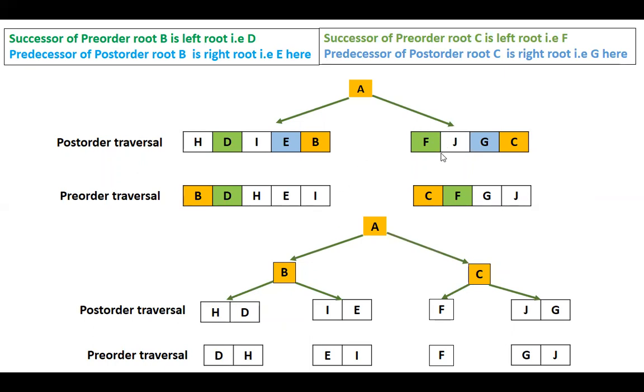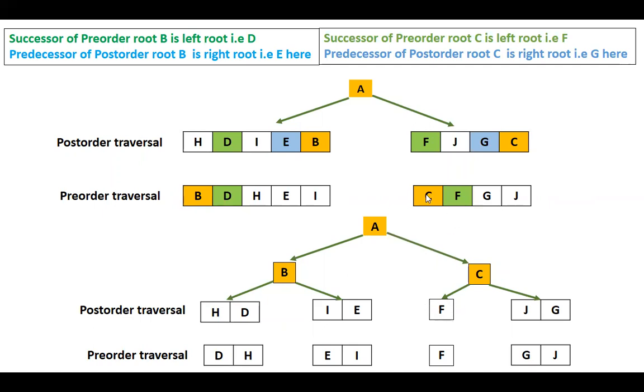Similarly, we apply the same concept here. Fine. Again, the root is C. First element here and the last element here. Now to find the left subtree of C, the immediate successor in case of pre-order traversal, that is of root, is F. Now starting from F, including F, till you go to the leftmost element. Now F itself is all alone. There are no other elements on the left side, right? So C has only F as its left side.